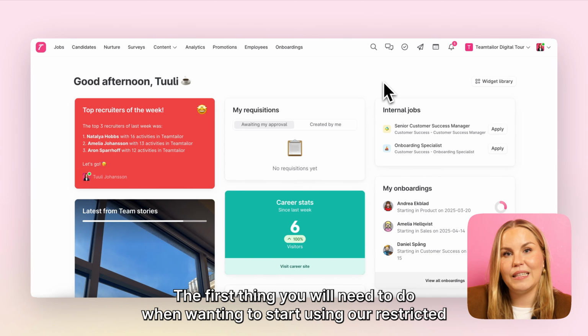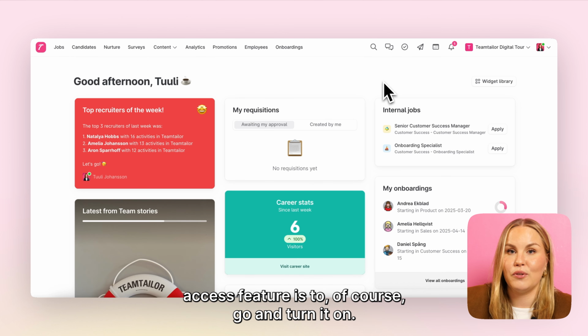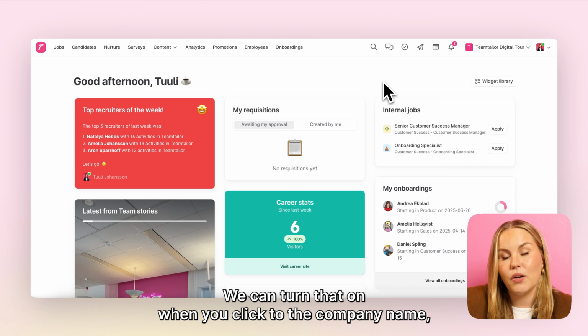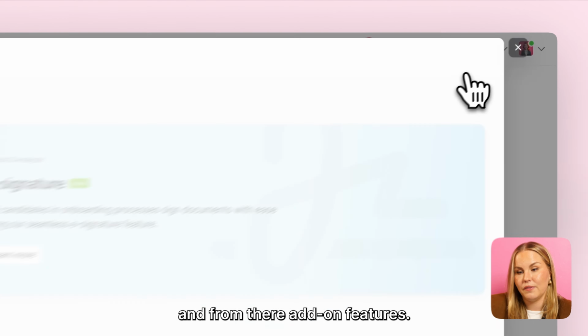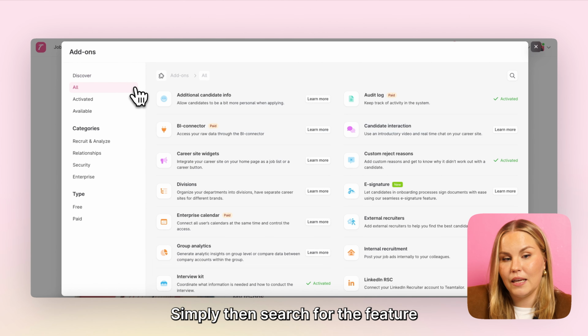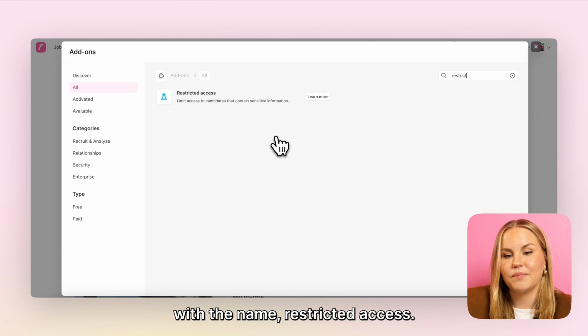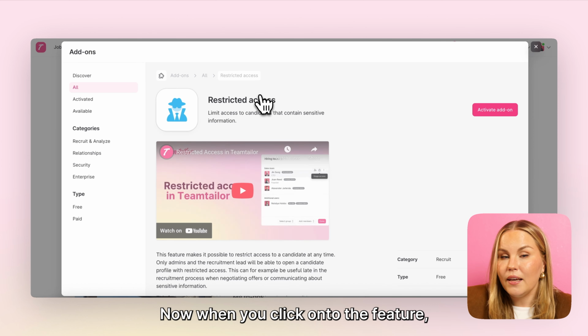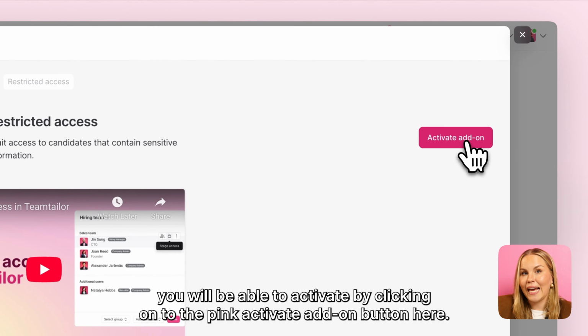The first thing you will need to do when wanting to start using our restrict access feature is, of course, to go and turn it on. We can turn that on when you click to the company name and from there, add-on features. Simply then search for the feature with the name Restrict Access. Now when you click onto the feature, you will be able to activate it by clicking onto the pink Activate Add-on